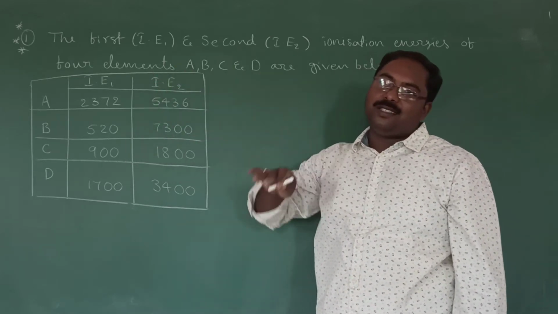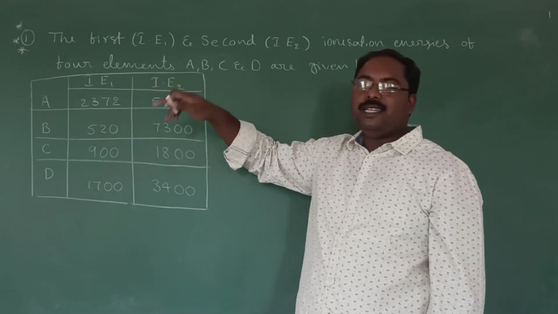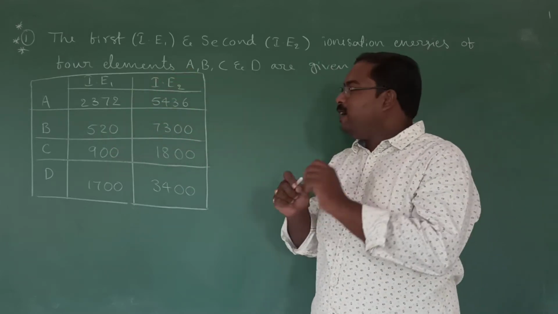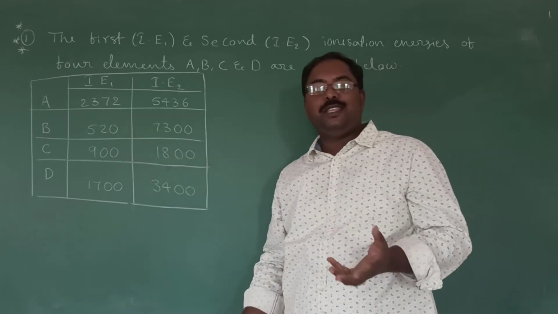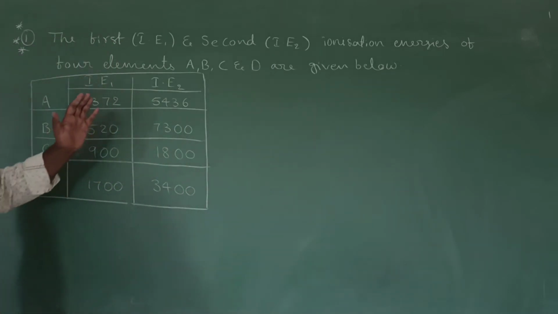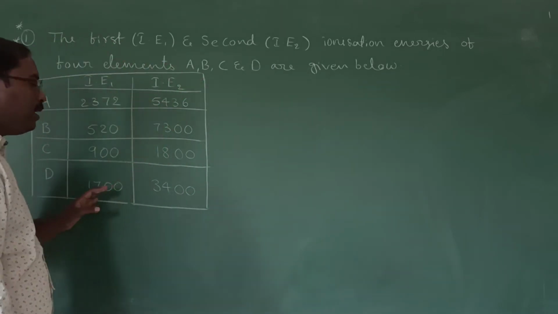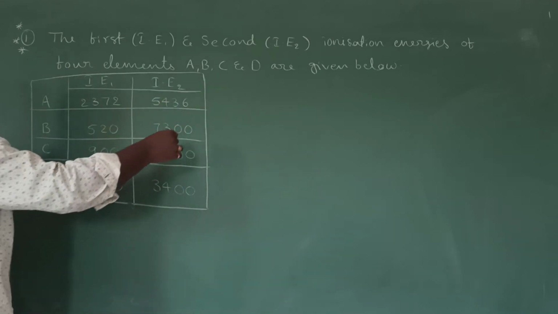So the value they gave is not important. Whether they gave 516, 520 or 522 is not important. Observe the way we are solving the question. Now these are the values they gave. Now the question is,